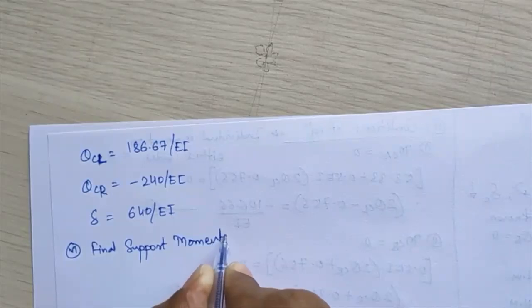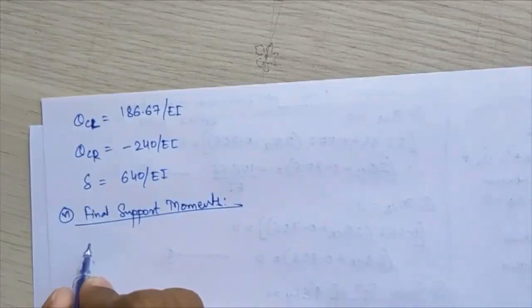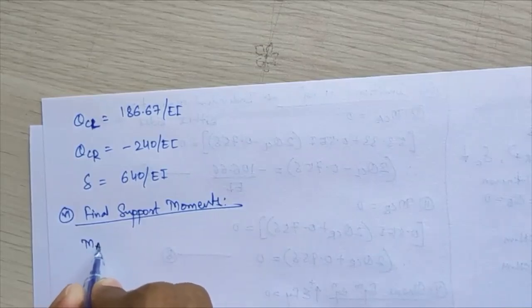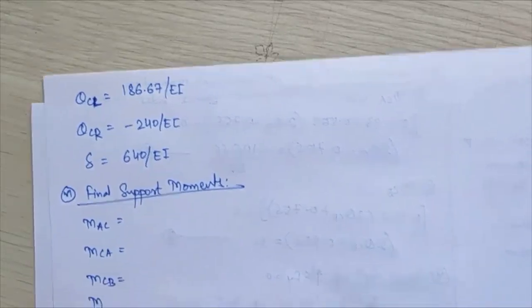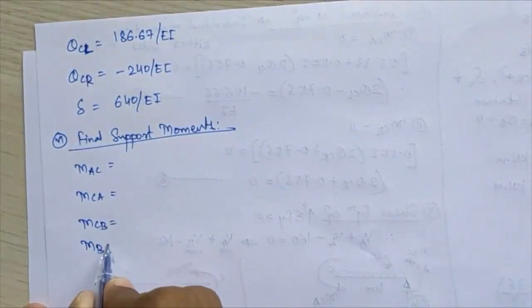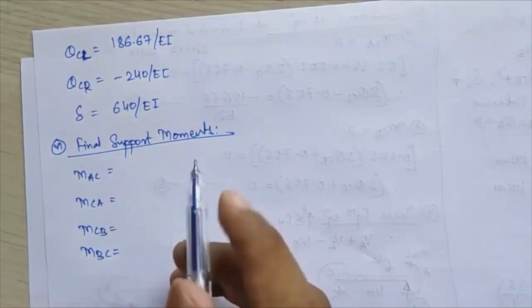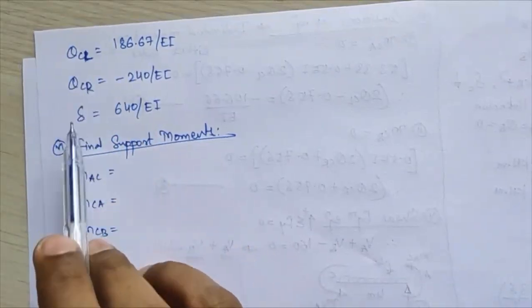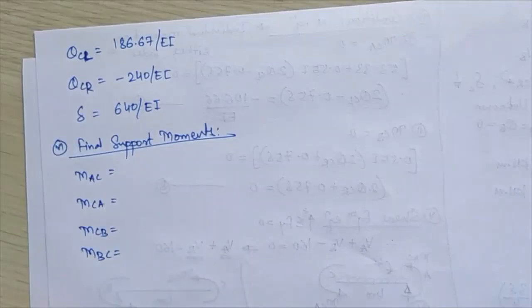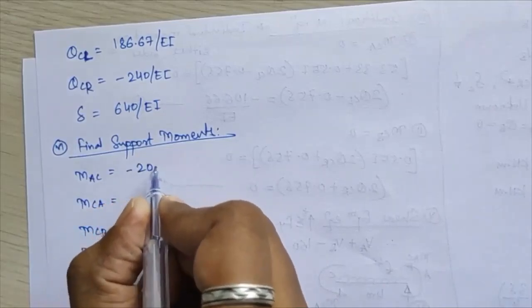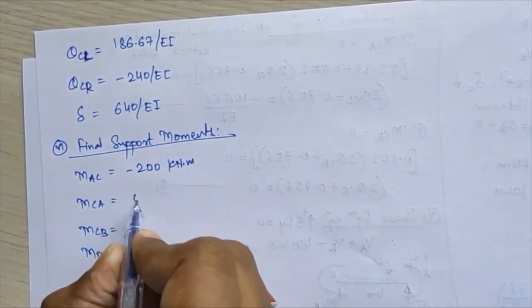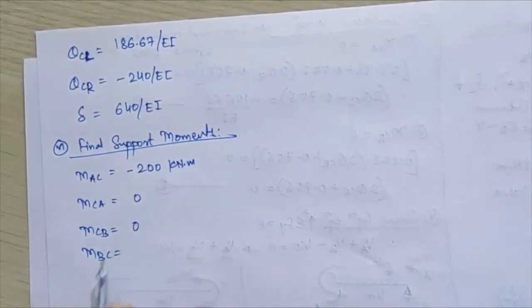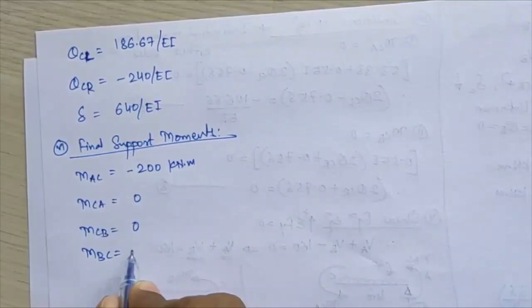We'll be calculating final support moments. Support moments are which one? That is your slope deflection equation: MAC, MCA, MCB and last is your MBC. So you see, substituting these theta CL, theta CR and delta values, you'll get MAC as minus 200 kilonewton meter. Okay, next MCA you'll get 0, MCB again you'll get 0 and MBC you'll get as